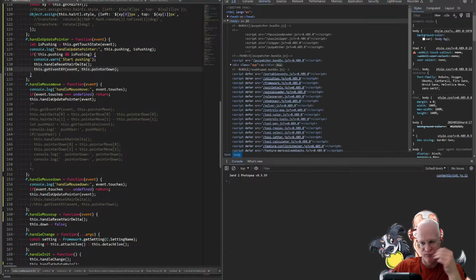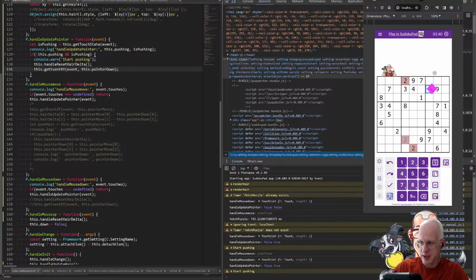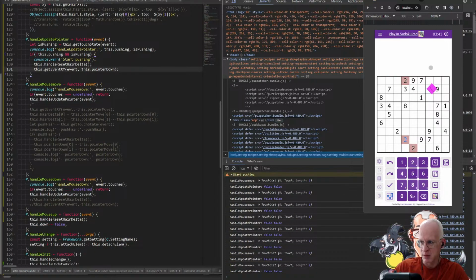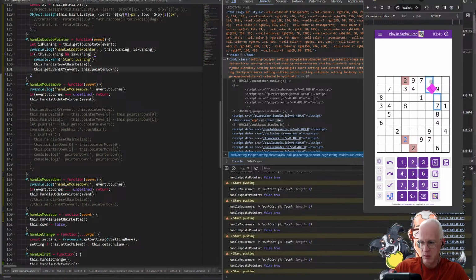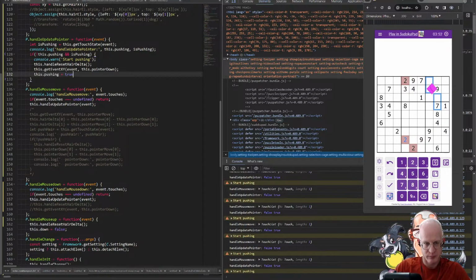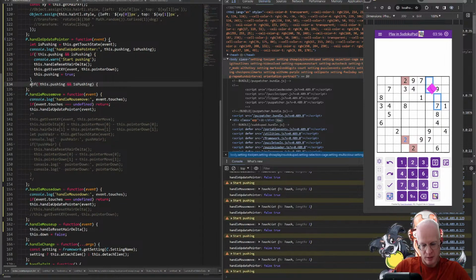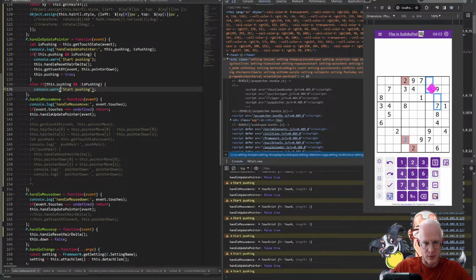Now, I don't know if we actually... and then this dot pushing equals true. So, we'll start pushing, else if this dot pushing and not is pushing, we'll stop pushing, start,